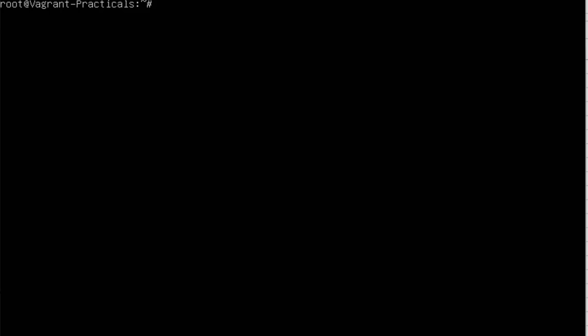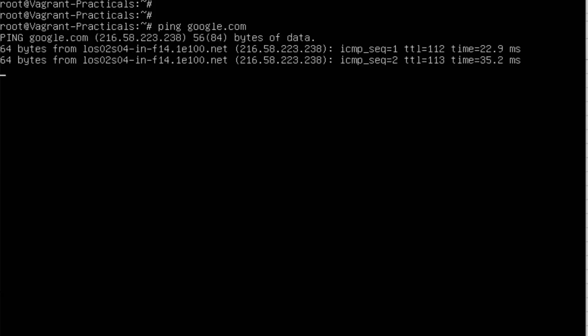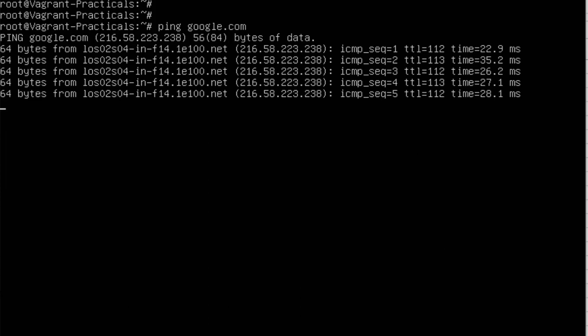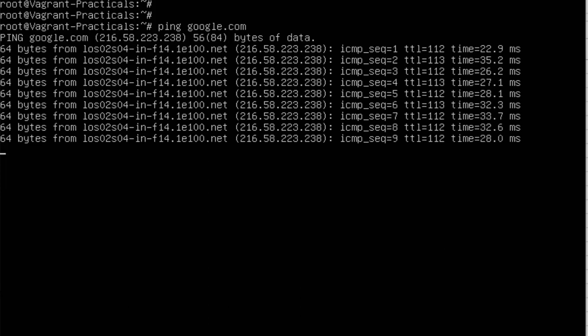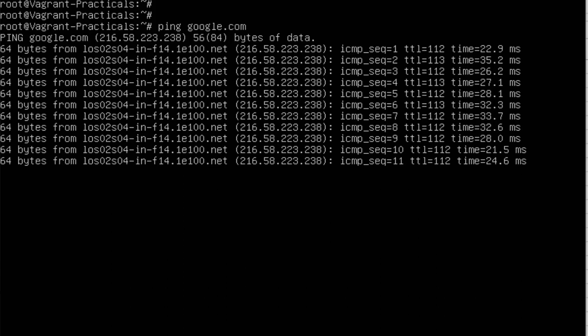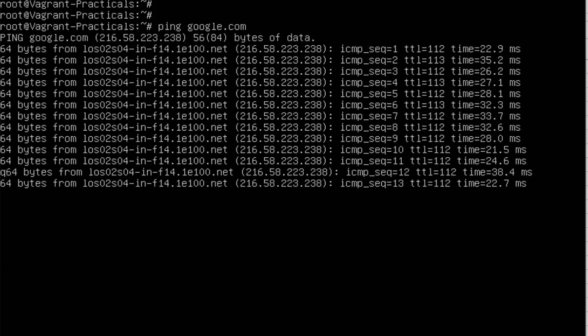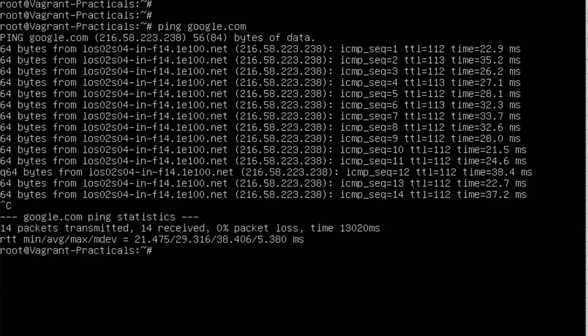The first one, as maybe you have guessed, will be ping. It is very basic. Then you give the IP or the host name of the machine. Let's say you want to ping google.com, just to test the connectivity from our machine to google.com. And as you can see, the ping is working fine. This will continue. To stop it, you can just press Ctrl+C to terminate it, and then